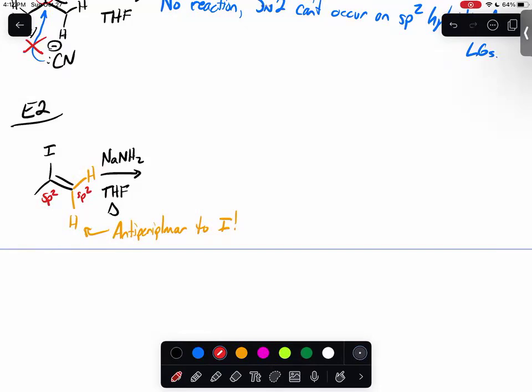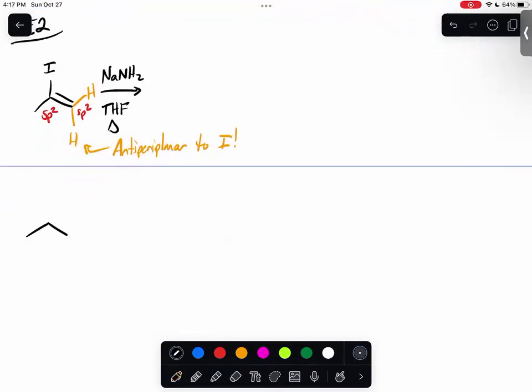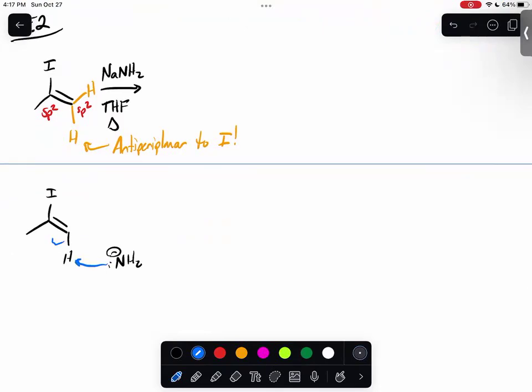And so what this ends up doing is if your base is strong enough, which it has to be a very strong base, keep in mind. So we're talking about pKa of the conjugate acid being like 35 plus, such as this here. What it'll do is the base has enough energy that it can form that, in this case, nitrogen hydrogen bond, make another pi bond there, kick out the leaving group. And if we're already making a pi bond on something that has a pi bond, it is actually going to make a triple bond. So this type of reaction for E2 forms triple bonds,